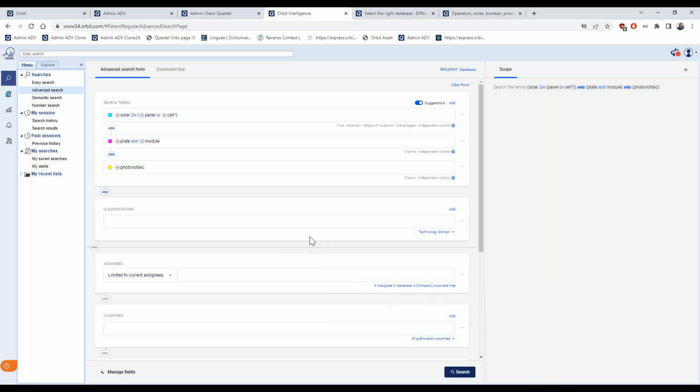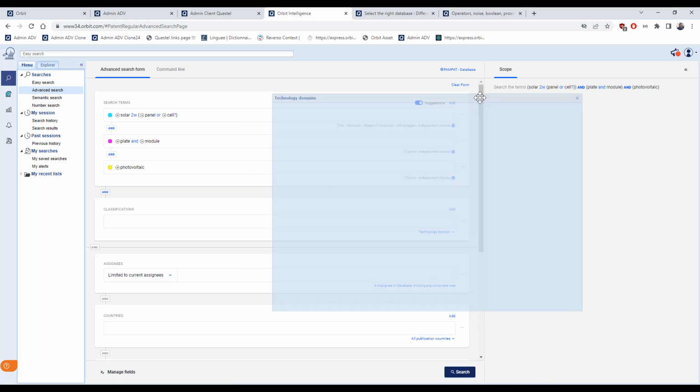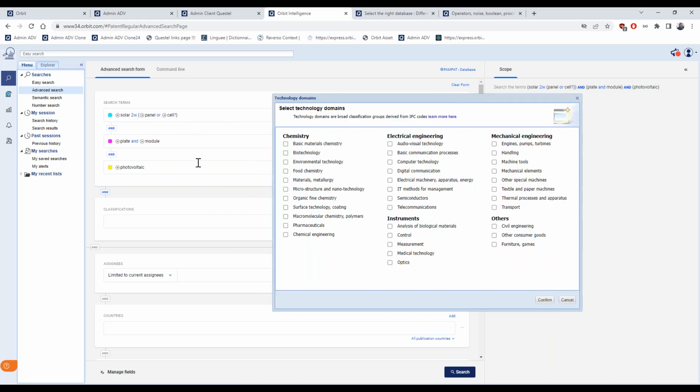Technology domain, if I select it and click on the three dots icon, is a grouping of technology domains developed by Questel based on the IPC codes. So we are now running research on solar panel and photovoltaic. So maybe I would like to narrow my search results even more. So you can see that there's already the AND operator.